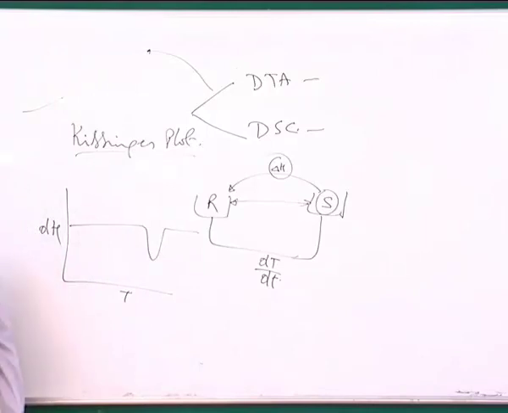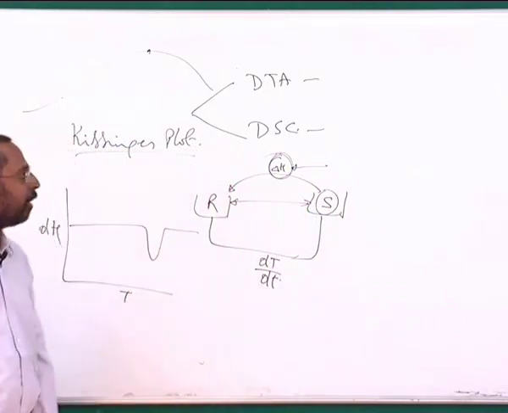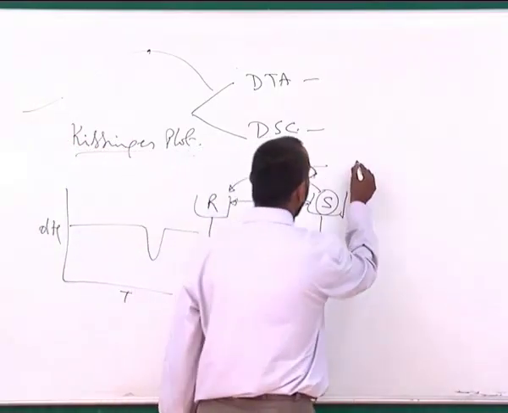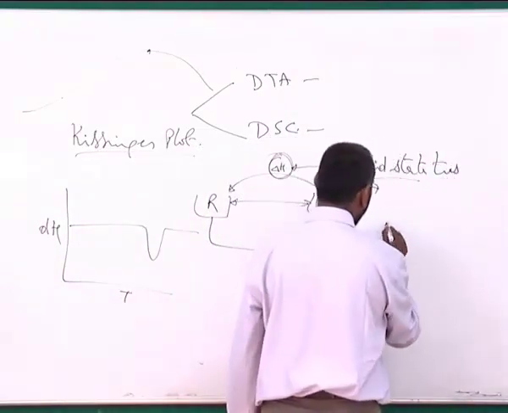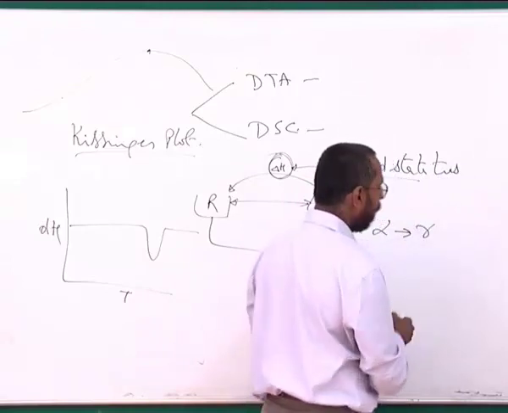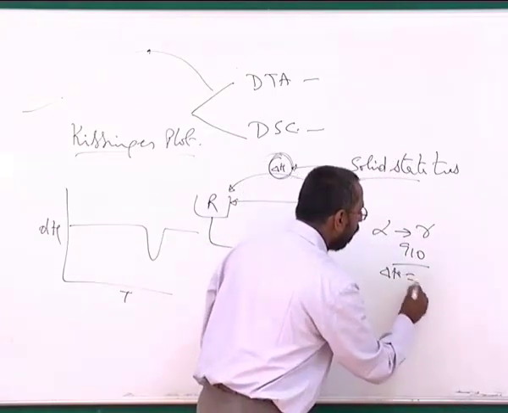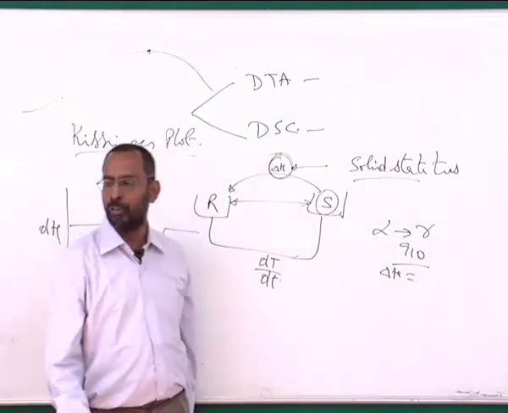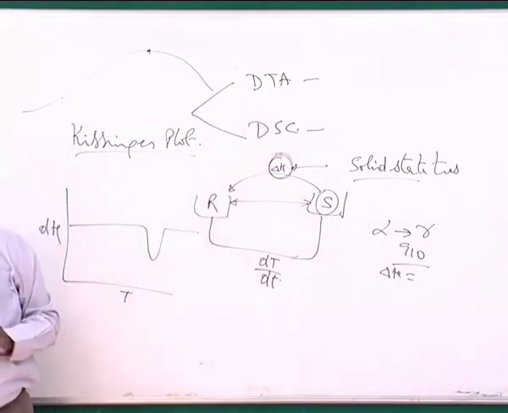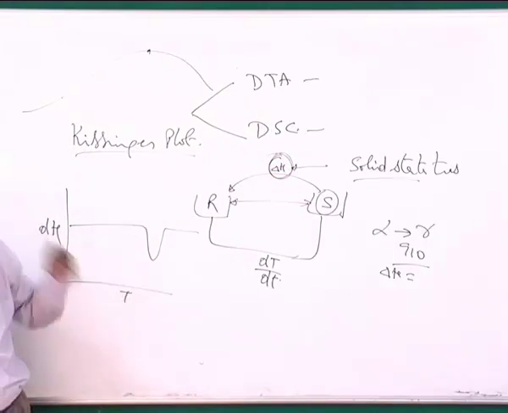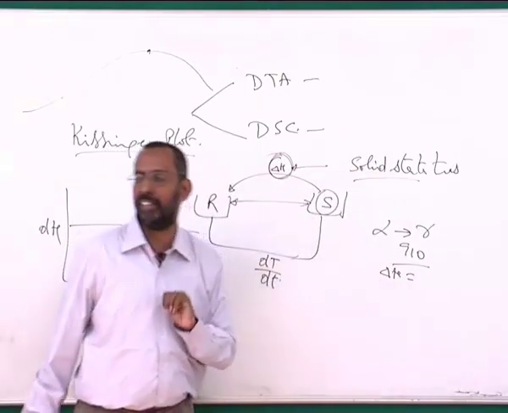So again here also you will see a similar situation, that you will get a peak at the transformation temperature, and because I am measuring the enthalpy, this is a very sensitive technique for enthalpies. You can in principle find out solid state transformations, for example, the temperature where alpha iron changes to gamma iron, which is 910 degrees, where the delta H difference is just of the order of a few calories or a few joules, and you will be able to find it. DTA is not so sensitive for such enthalpy changes. As a result, DTA is not generally used for solid state transformations,